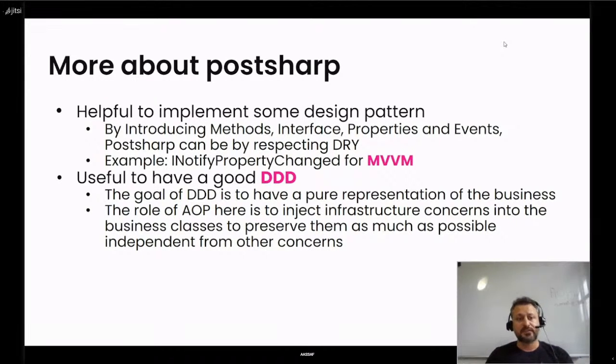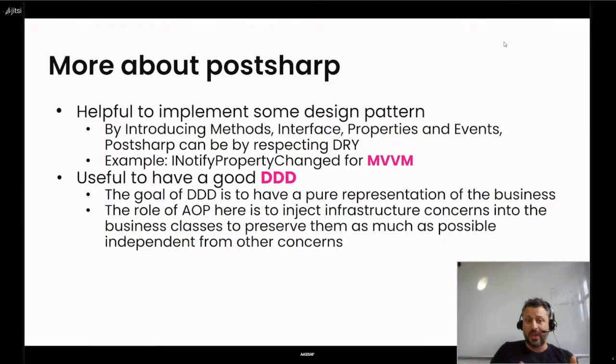Also, it's very useful to have a good domain-driven design. The goal of domain-driven design is to have a pure representation of the business logic, and it's not easy to achieve that with object-oriented programming.